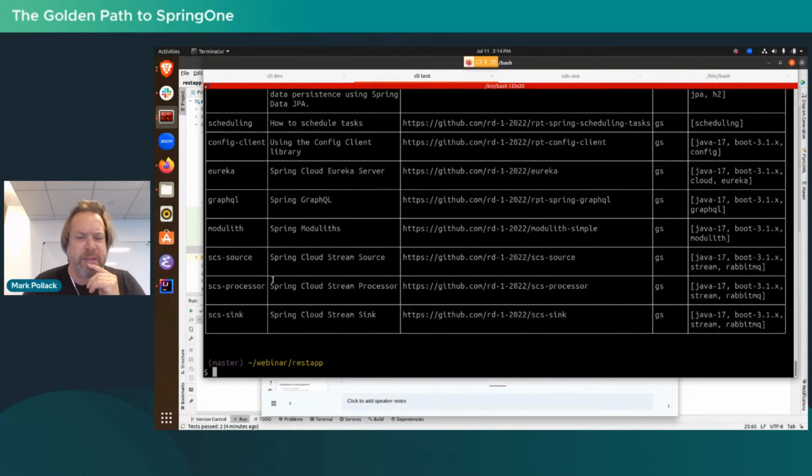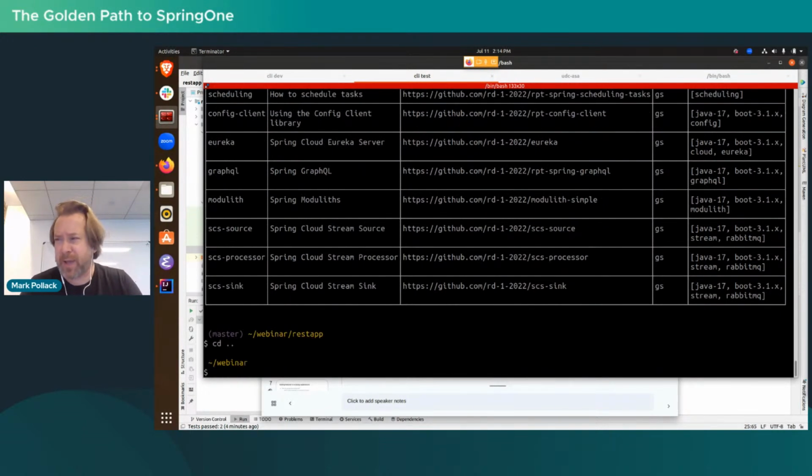Here are some for Spring Cloud Stream. So what I'll do is I'll create a new one. For example, boot new my JPA app. Or just my JPA. So I'll specify the name, and that's just a shorthand